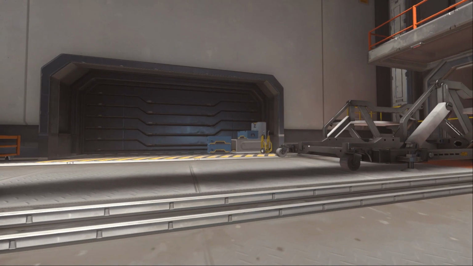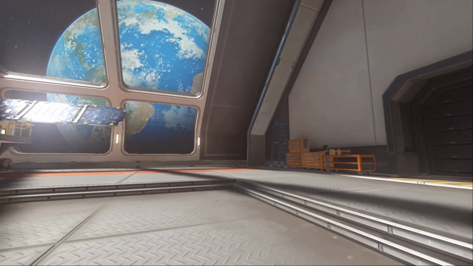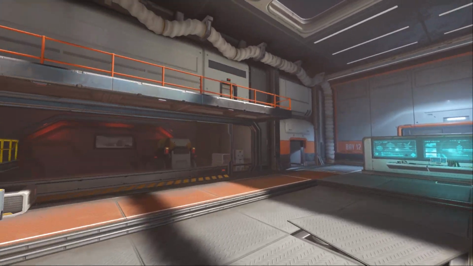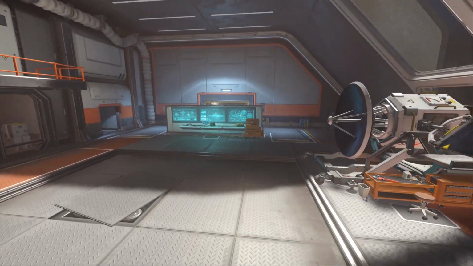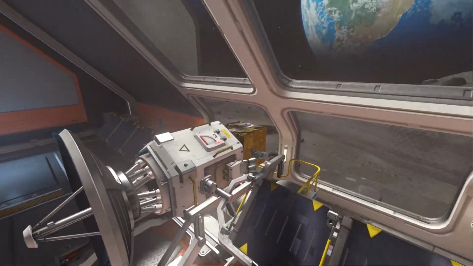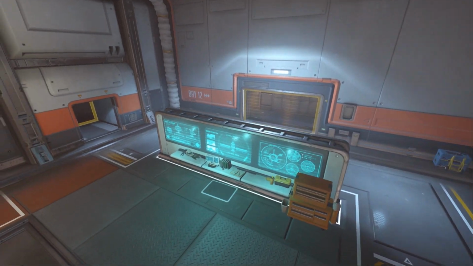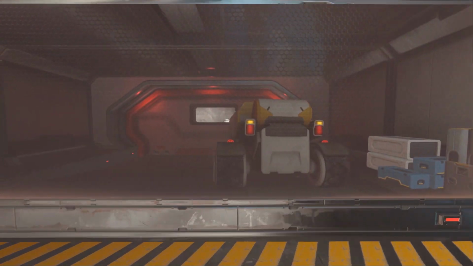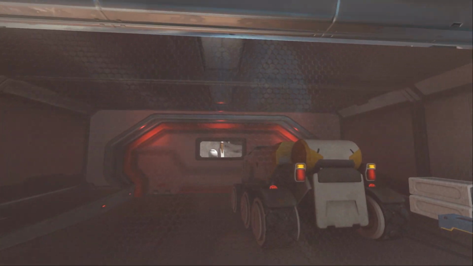We'll start with a fly-through of the map examining the lore. The Defender's spawn room and the Attacker's spawn room are both very different, and we're starting right now in the Defender's spawn room. You can see over here a satellite that's undergoing some maintenance. You have some panels over here and a rover in this bay over here that exits out onto the lunar